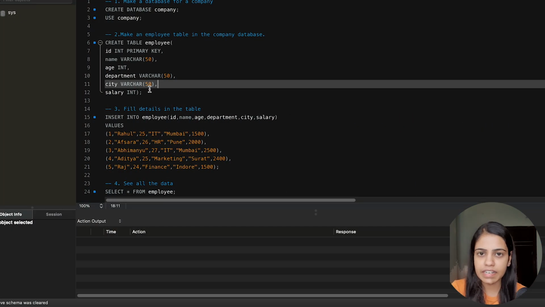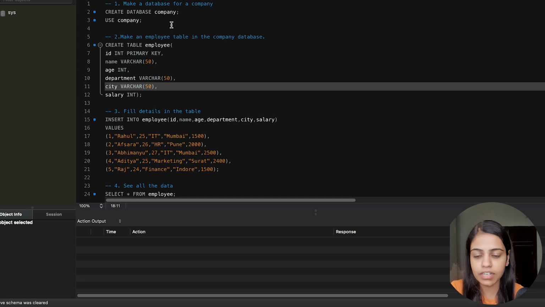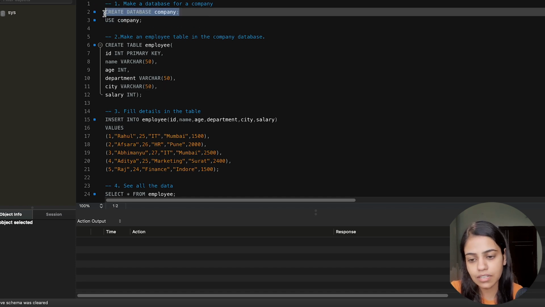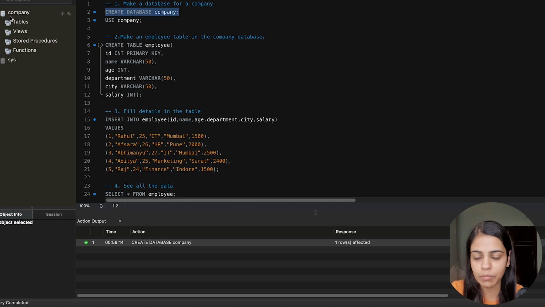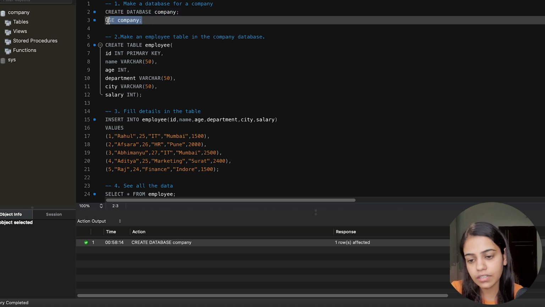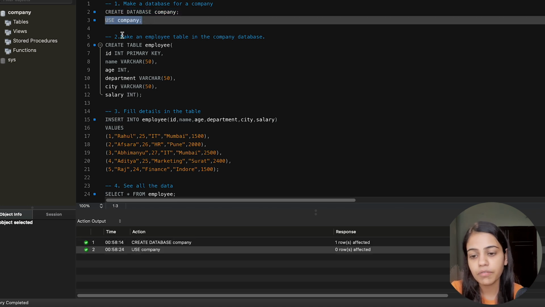Here, let's create a database with the name company. Let's create a table with the name employee, insert some details into that employee table, and use this distinct keyword. To save time, I have already written the queries. So we will execute this create database followed by the database name, which will create the company database in my schemas tab. Here you can see a database with the name company is created. Now I will execute use company, which tells the server that all operations now need to be performed in this particular database.